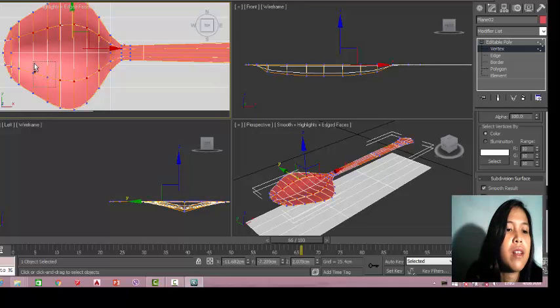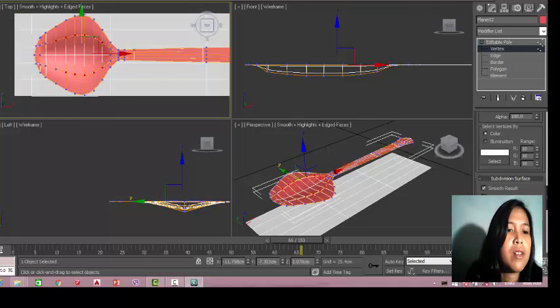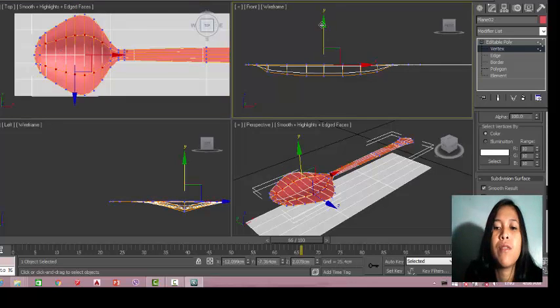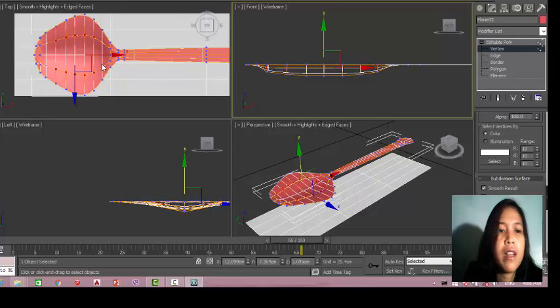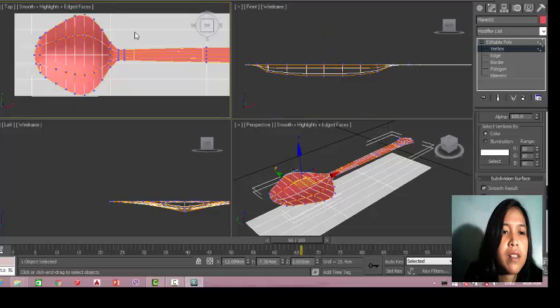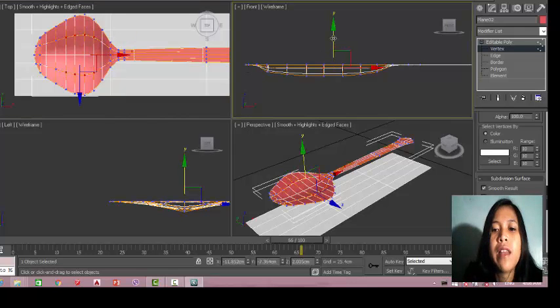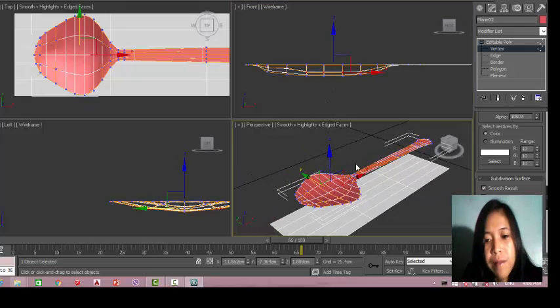Okay, so be sure to select these vertices, and I'll move it down, also this, and drag it here, select this and this, and I'll also drag it down in order to make it more curved, so like this.